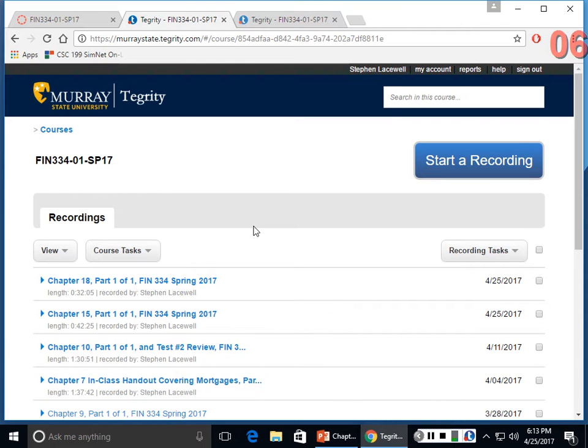I mean, what I look for in the research paper is, one, that you follow the directions in terms of paper length, number of citations, all of that stuff. Then I just kind of want a paper that's meant to be sort of an informative paper. So I just kind of read through the paper, and I'm looking for a paper that just flows pretty well and that informs me of whatever you're writing about.